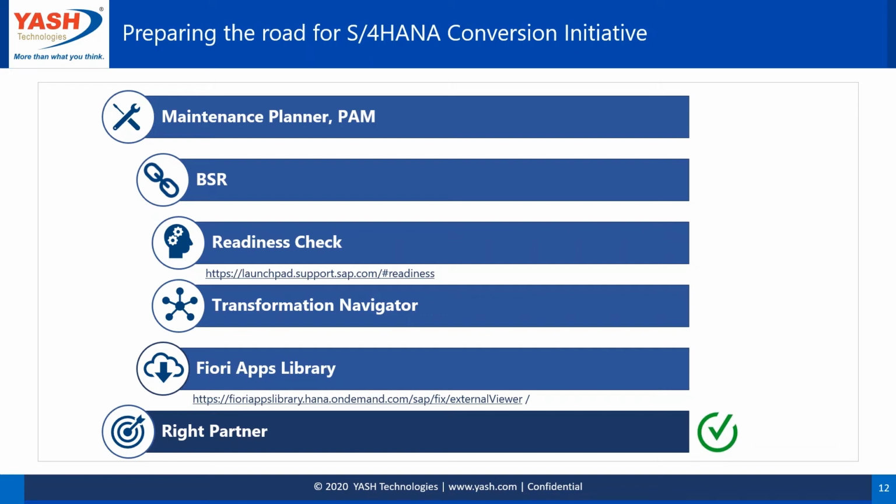Then a step below is the readiness check. It's slightly more work involved than a business scenario recommendation, but that's also something where we can help people get the readiness check and assessment done. Readiness check goes far beyond what is given in BSR. Of course, it tells you about your simplifications and the improvements applicable for you. But it also tells you what kind of sizing you need, because you all know that when we embark on S4HANA, your platform also changes. The infrastructure should change. Especially in the context of Azure, what sizing should I go with on Azure? Those kinds of calculations of the size of your hardware.